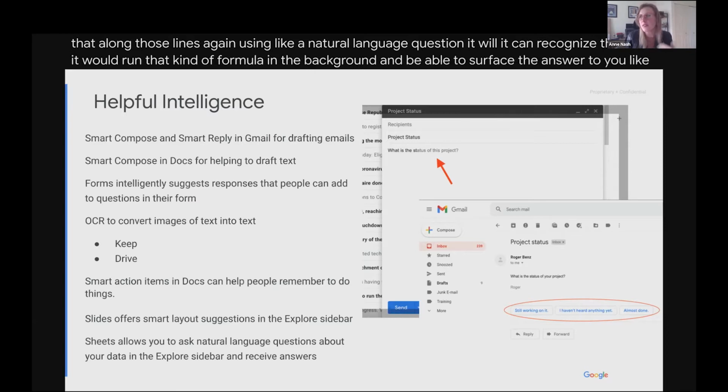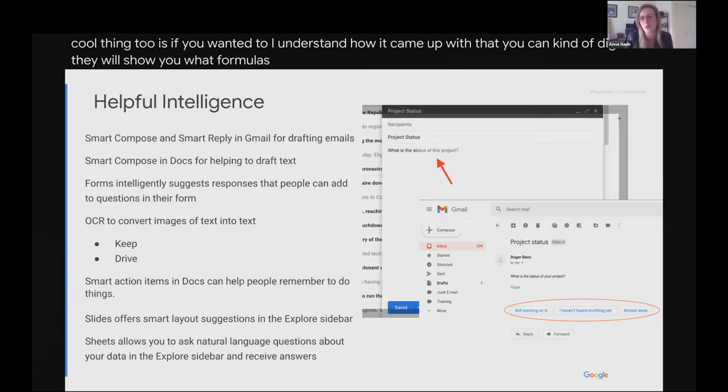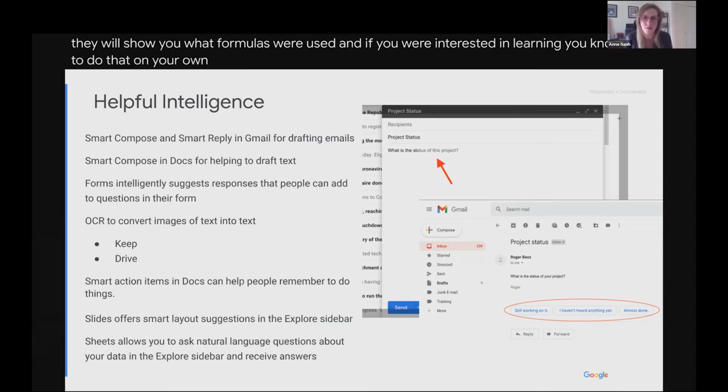The cool thing too is if you wanted to understand how it came up with that, you can dig into it, and it will show you what formulas were used, if you were interested in learning how to do that on your own someday too. So